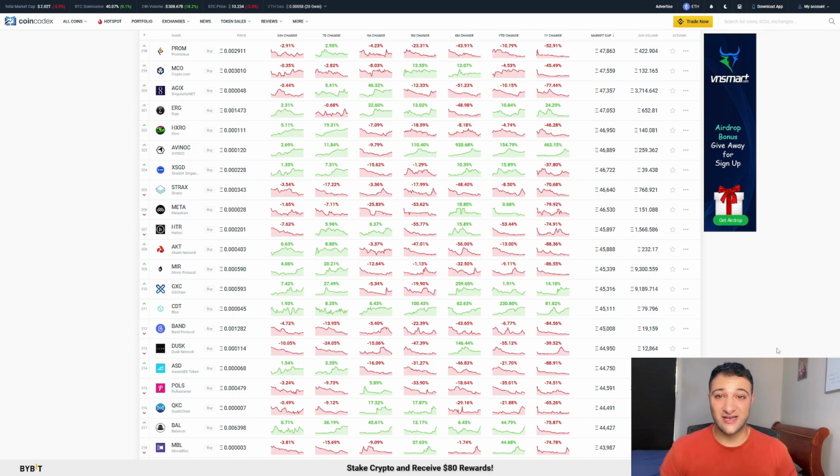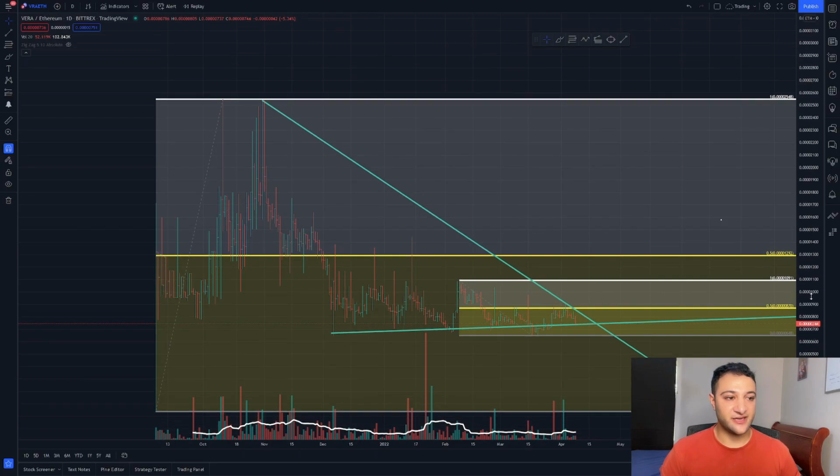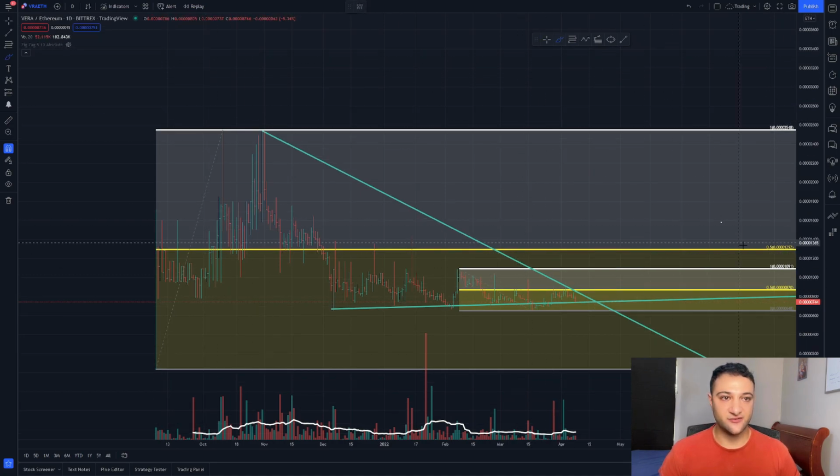Now let's have a look at Verasity against its Ethereum value on a chart to see how it looks. Here we have Verasity against its Ethereum, just some basic 50% levels. Of course, the major 50% coming right here. You can see I had a few upthrusts and a few times it tried to get up there. Of course, it wasn't able to, and broke down. Looks like some level of support is coming in because you're starting to see these lows form a little bit here. So a bit of consolidation happening here.